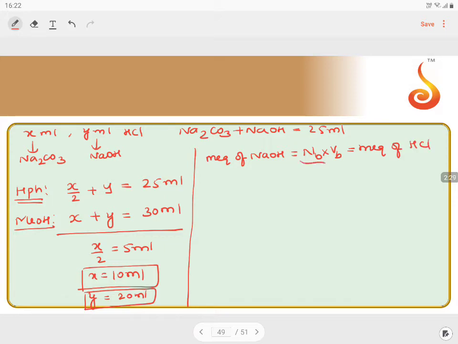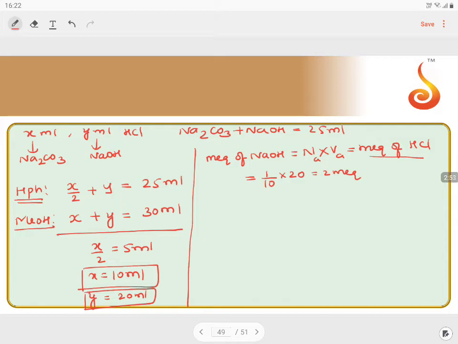Better to take normality of acid into volume of acid. We know the normality of acid is 1 by 10 and the volume of acid required is 20 ml. So this is 2 milliequivalents,